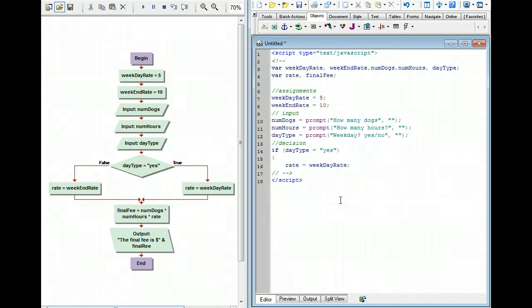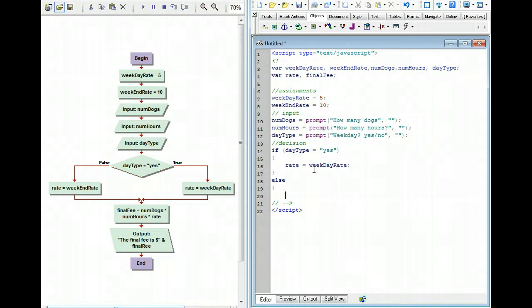Whoops. Okay, now I'm done. That's the only thing I'm going to do on this side, so I'm going to go ahead and close the brace, saying that's what I'm done with my if. Then I'm going to put the keyword else in, and then have a brace that starts what's going to happen in my else. And on this one, it's going to be the same as that, except it's going to be